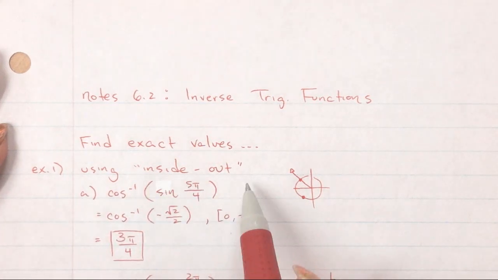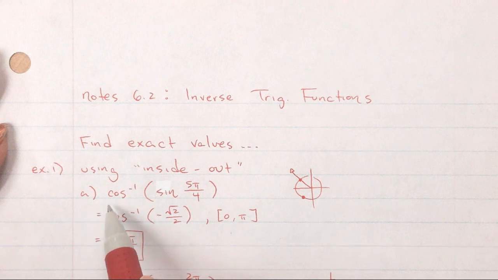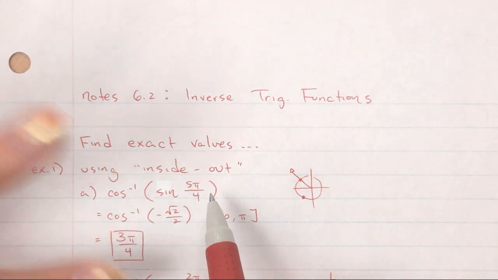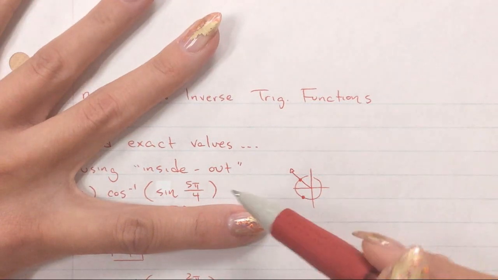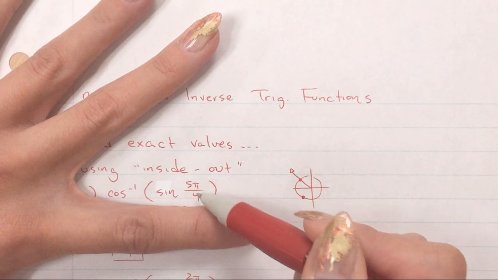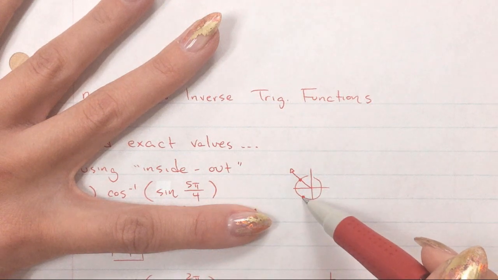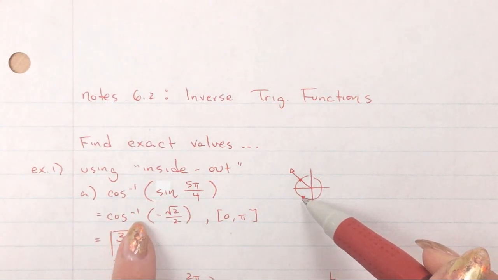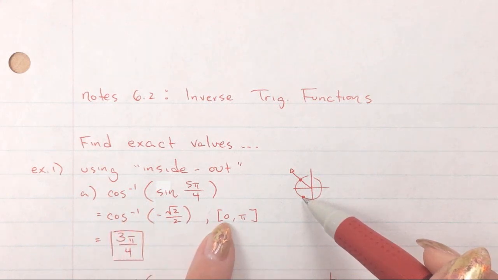So you actually already know this method. So let's say for A, you have cosine inverse of the sine of something. So what I do is I use a little unit circle to find the sine of 5 pi over 4. The sine of 5 pi over 4, I think about it, and then I use my left hand, negative root 2 over 2. And then the cosine inverse of negative root 2 over 2, well, cosine inverse has to be in quadrant 1